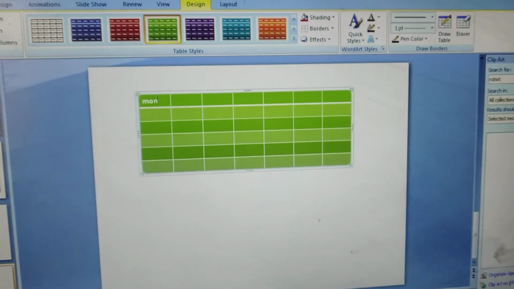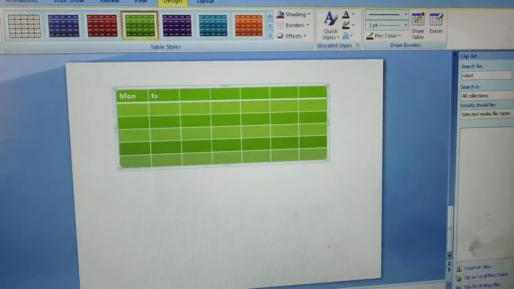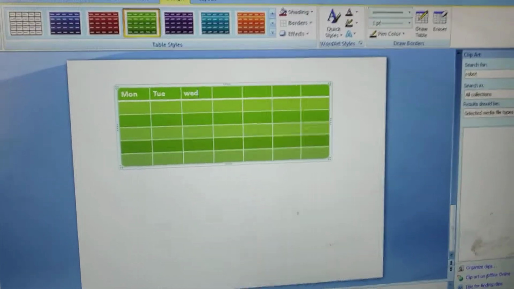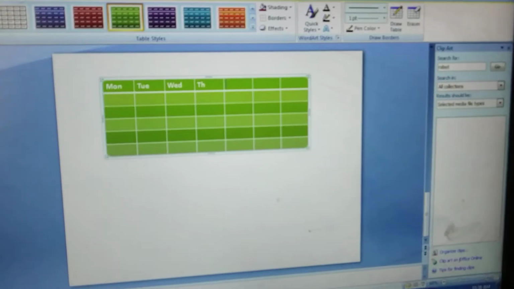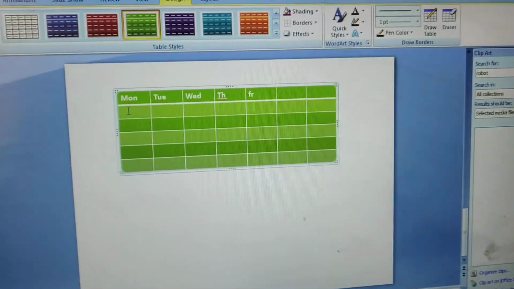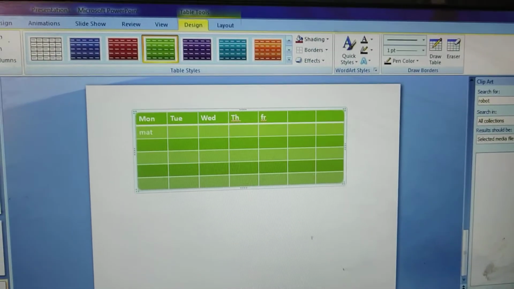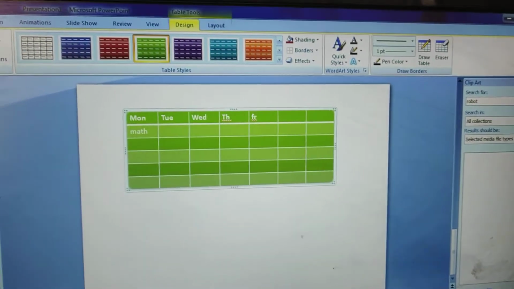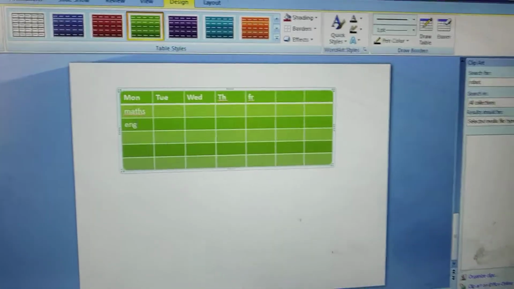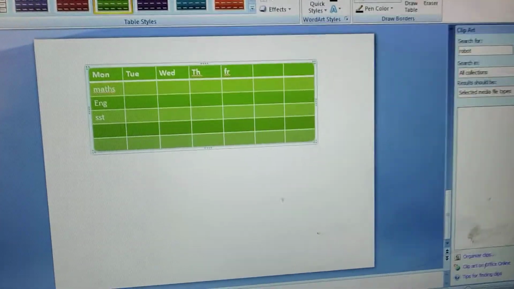Then here write Monday, Tuesday, Wednesday, Thursday and Friday. Okay, now here you have to create an imaginary timetable, that is maths, English, SST, anything you can type.